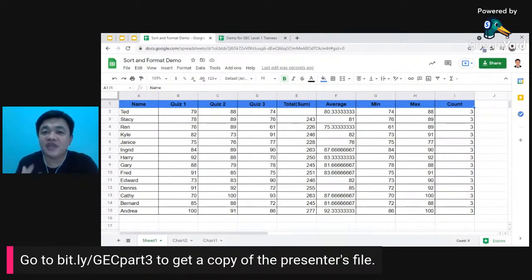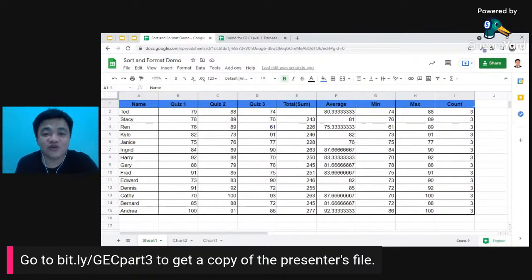Another thing that I would like to share is the so-called conditional formatting. So conditional formatting is giving instructions or rules to Google Sheets so that when it sees the rule, it will perform the action required from it. Okay, so to understand better, I would like you to look at my screen, and I'm going to demonstrate how